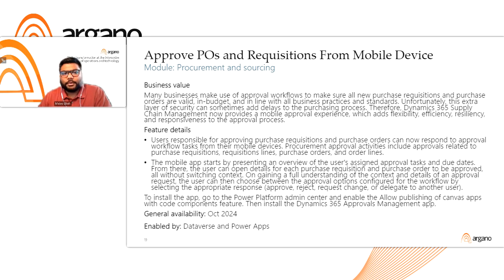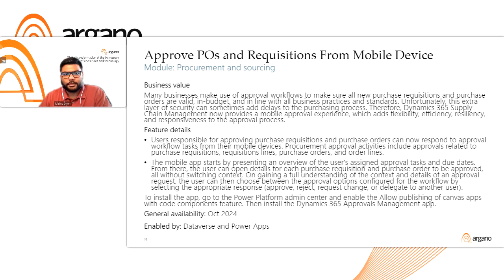The mobile app starts by presenting an overview of the user's assigned tasks and due dates. From there, the user can open the detail for each purchase requisition and purchase order to be approved, all without switching context. On gaining a full understanding of the context and details of the approval request, the user can then choose between approval options configured for the workflow by selecting the appropriate response, whether to approve, reject, request change, or